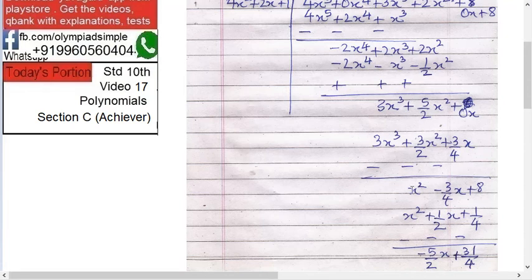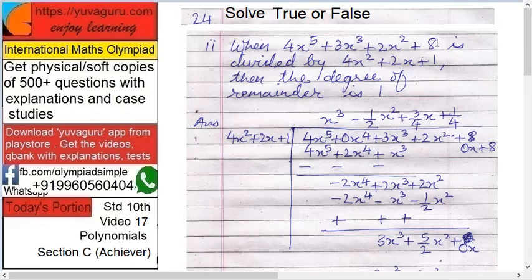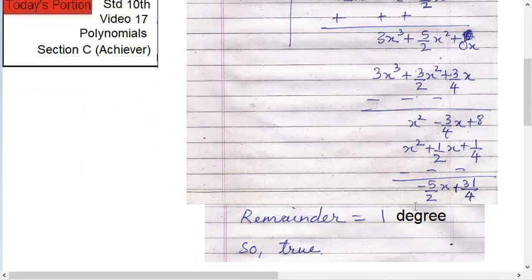So again first with first you get 1 upon 4 multiplied with 1 upon 4, you get x square plus 1 upon 2x plus 1 upon 4, change the signs, x square goes, what remains, solve this now, minus 3 upon 4x minus 1 upon 2x. So if you solve this, you will get minus 5 upon 2x plus 31 upon 4x, only 31 upon 4. So this is the remainder.